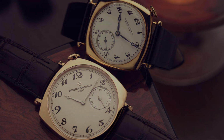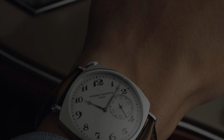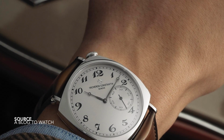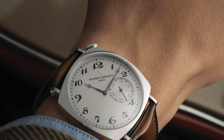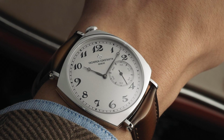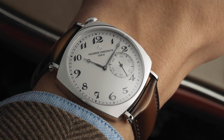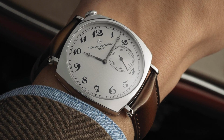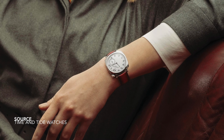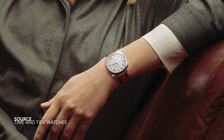more vibrance. This piece is defined by its offset dial, made to make it a bit more legible when it's on the wrist. You don't have to turn your wrist to see the time, which is quite a nice feature. It's a bit more functional. There is actually use behind its purpose, its intention. This is known by many as a racing watch, by others the preacher's watch. But beyond that defining key characteristic trait, there is a lot more to the form of the watch that deserves